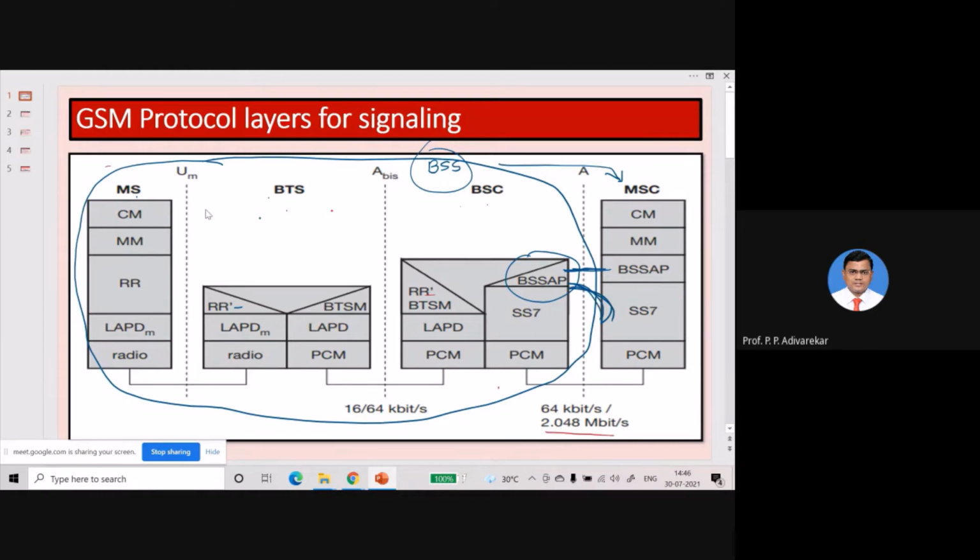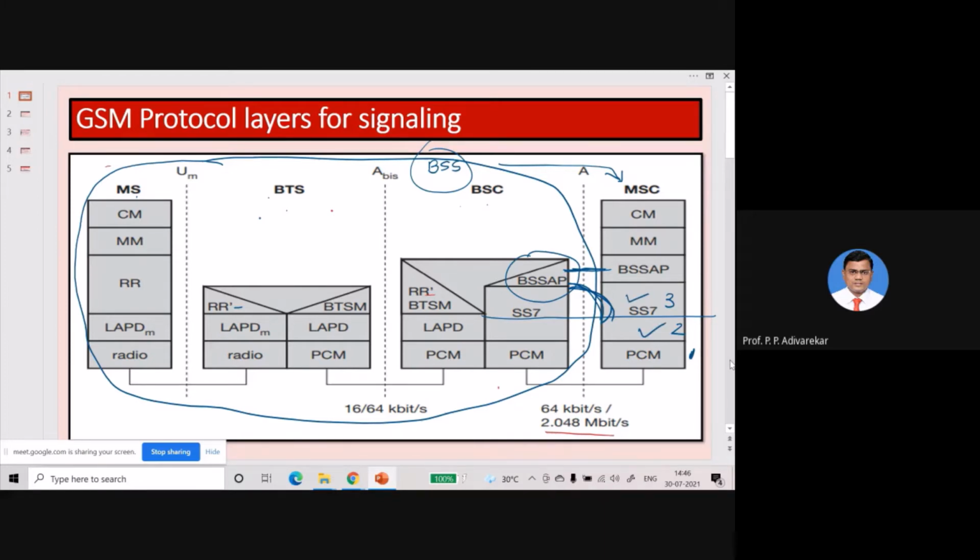That's why you will see that SS7 is a part of the second layer. Here the first layer ends, and SS7 is a part of the second layer as well as the third layer.